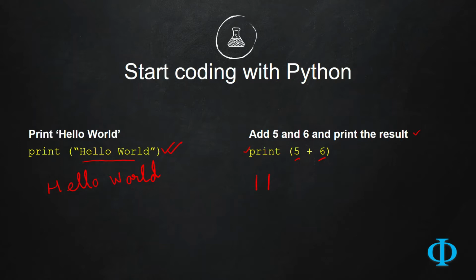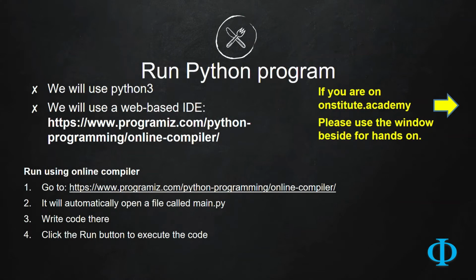Now, after writing this code, how to run this code? What can we do for that? There are many different options to run a Python code. The first one is the easiest one, and that we are going to follow in this entire course. In this method, you really do not need to install any Python compiler or any extra piece of software on your machine. What you need to do is go to this website called